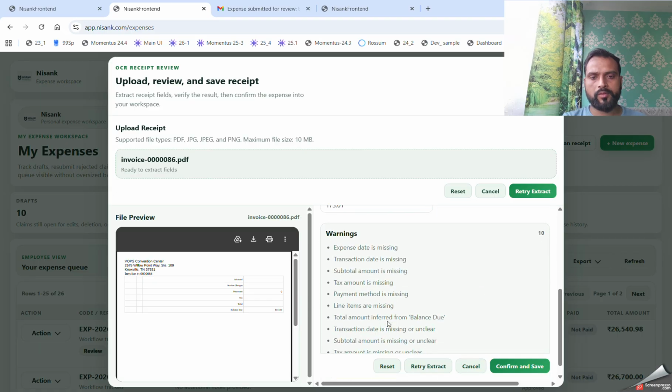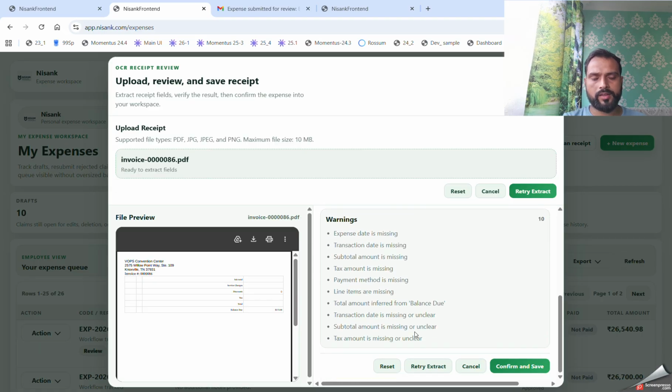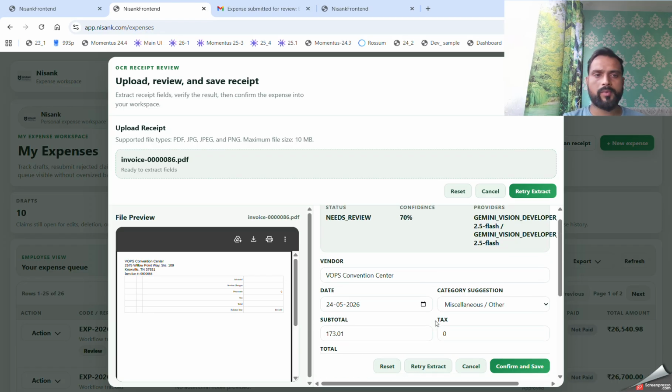These are the warnings it gives you, okay. You can either confirm or save. So if I just confirm and save,